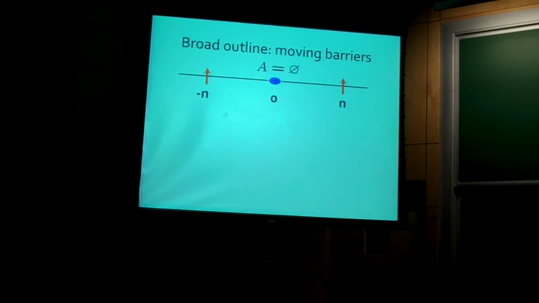Well, we tried an induction first. I'll tell you the induction that doesn't work, and then I'll tell you the one that does. I said, okay, let's try to keep all of our eigenvalues between two barriers. I'll put a lower bound to begin at -n and an upper bound at n. And initially all the eigenvalues start at 0. So our question was, can I keep moving these barriers forwards and adding a new vector each time?